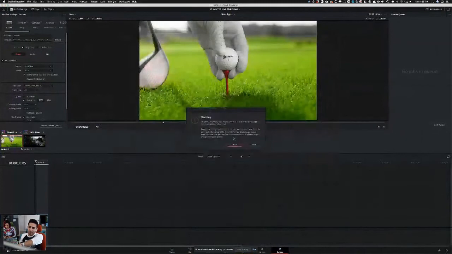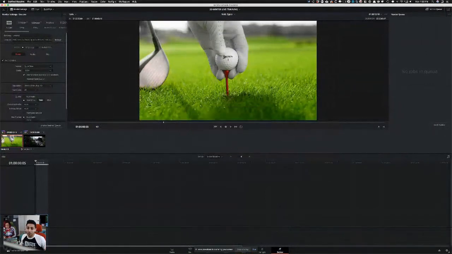See, it just gave me a warning. It said, hey, you're changing the resolution. You're making the resolution bigger than what they are in the timeline format. Obviously, it looks like gibberish there, but I'm spelling it out for you. So you have to change it here, change it back there to 4K, and then it will automatically be changed